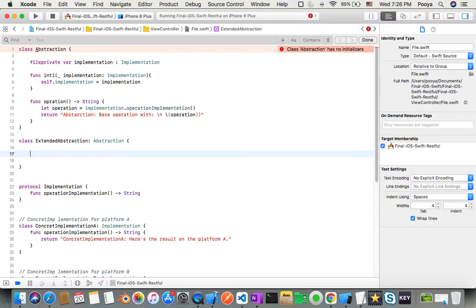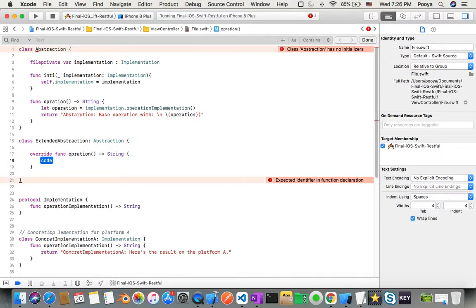So I write the extension, and in this extension I just say override my function. So this function operation, which returns a string, overwrite it for me with what? So I just say, okay, let